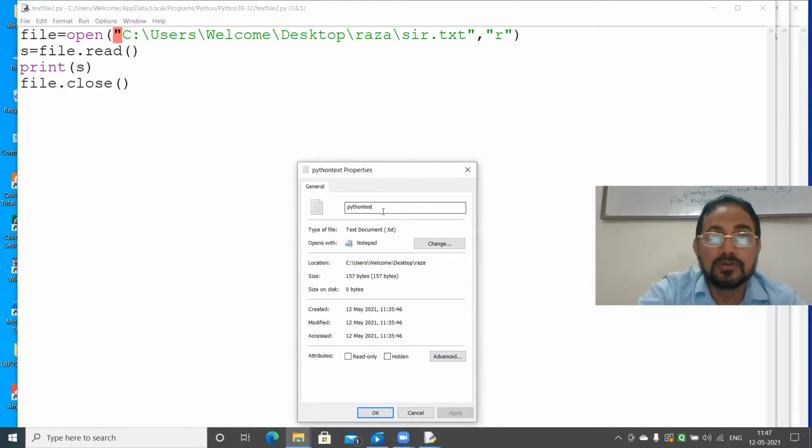Python text.txt is there. C colon user and so on, the location. User. Sir text is there? No problem. So why is it showing this? There's some error in that syntax. What is that error?